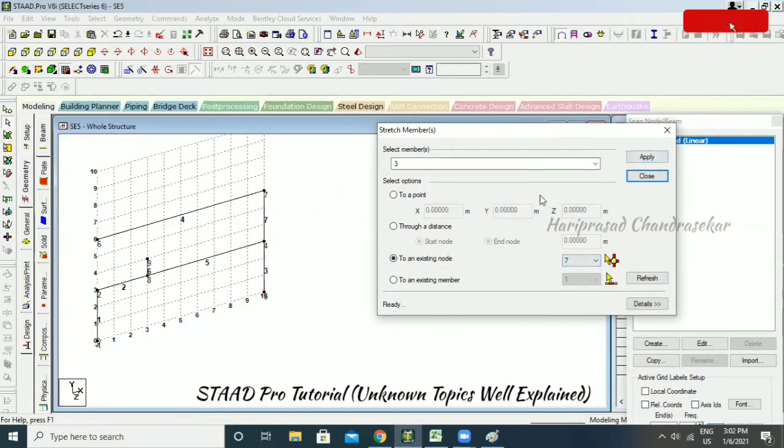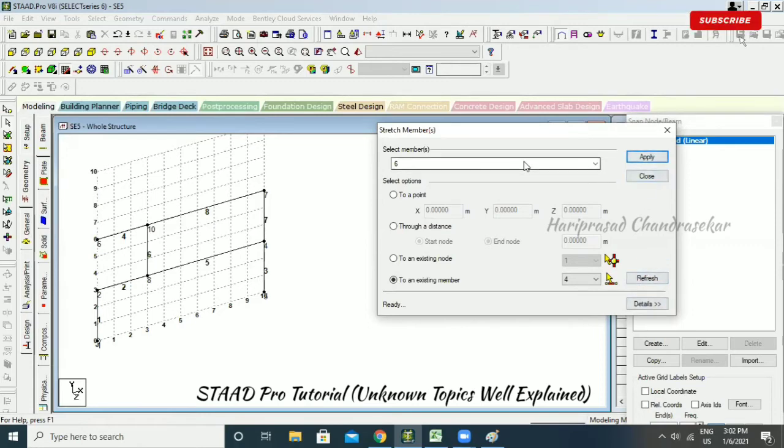Now, can you see, sometimes this command won't come because refresh is needed. Okay, but the logic is the same. Now I'm going for select, and after that I'm going for refresh and for existing member. Now I'm picking this member. See, now we got 4 here, and apply. So it is simple, but sometimes it won't come. I don't know why the software behaves like that, but you can refresh. That's why they have the refresh option here.